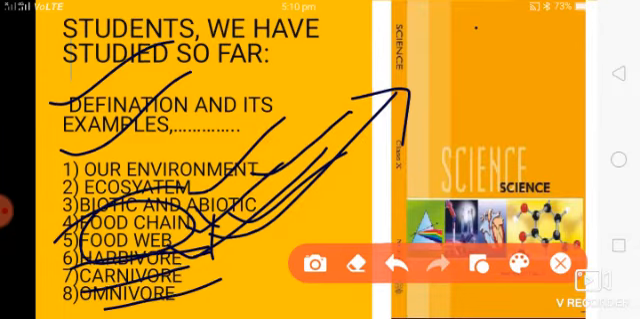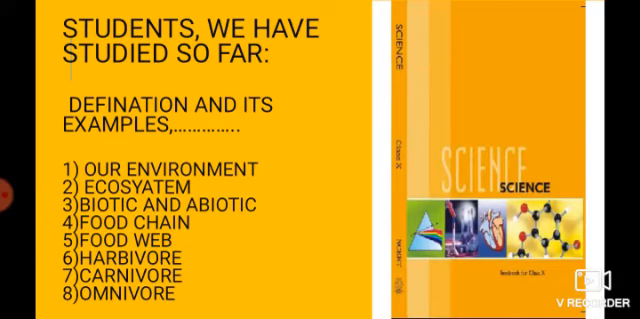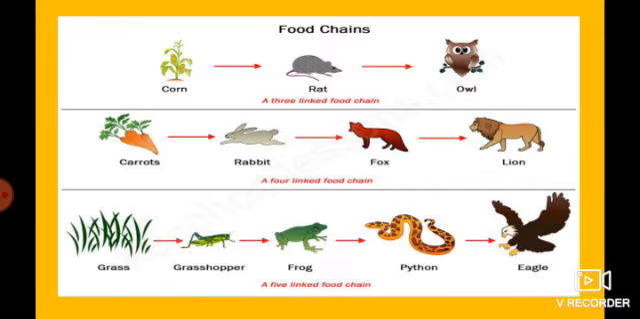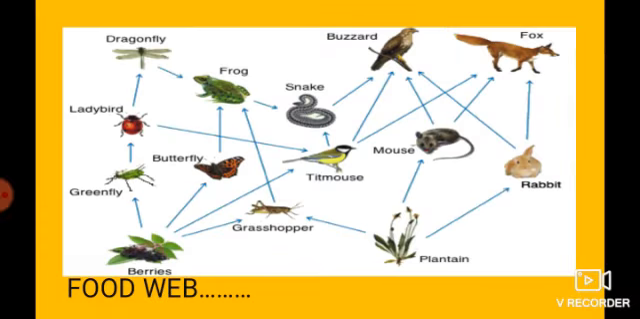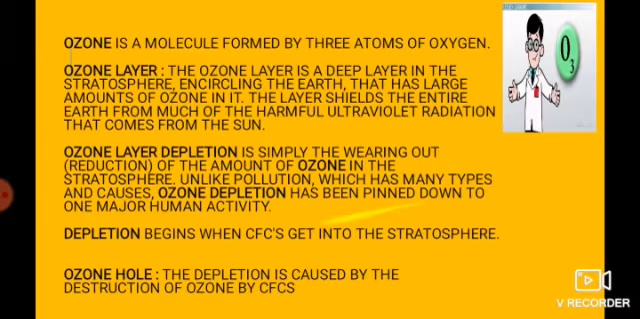So students, today the topic that we are going to study is ozone. But before I start, just to have a recall of our previous classes, this was the food chain, 3-link, 4-link and 5-link food chains, and how the food web, the interconnection of different food chains, it's called food web, right? So today we are going to discuss about